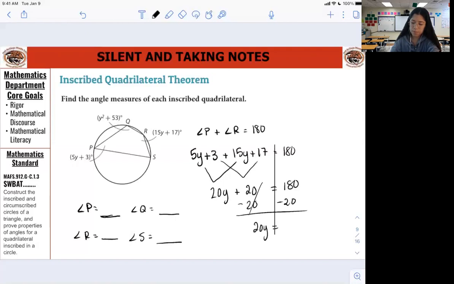Which gets you to 20. And then it's 20y equals 200. And then subtract 20. You subtract, oh, it's 20y equals 160. There you go. And then you divide both by 20 to isolate the y. And then you get